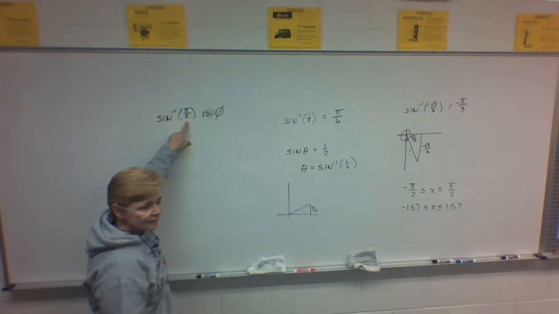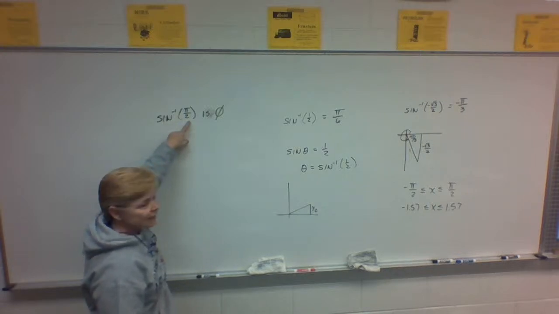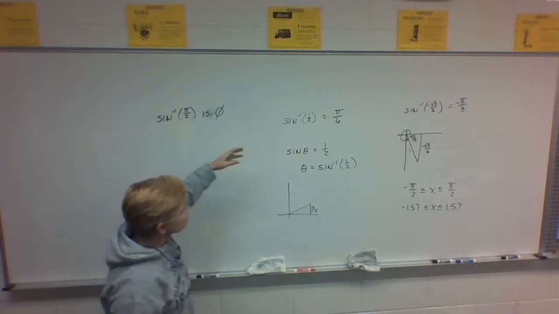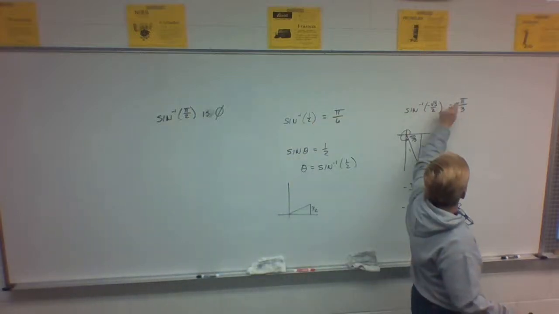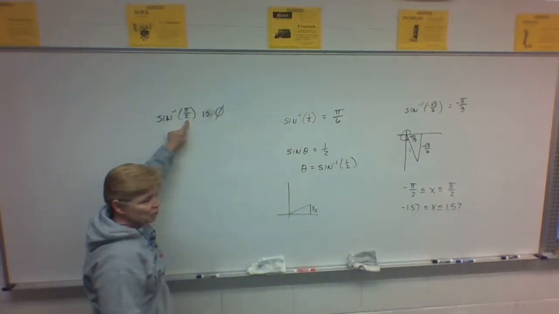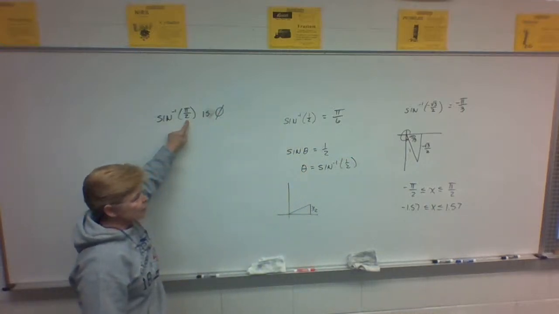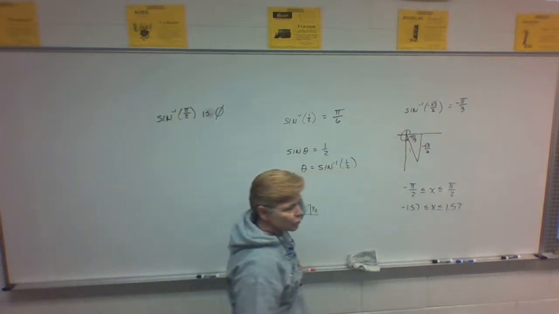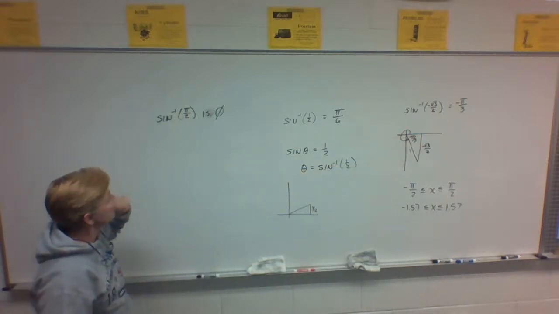This is undefined because he's mixing angles with inverse sining on purpose to try to get you, and it sounds like he did. So be careful with that. That angle will not show up here. The answers to these will be angles, not sitting in here. The things sitting in the parentheses should not be angles. They should be fractions that we're familiar with, like 1/2, root 3 over 2, root 2 over 2, 1, 0,